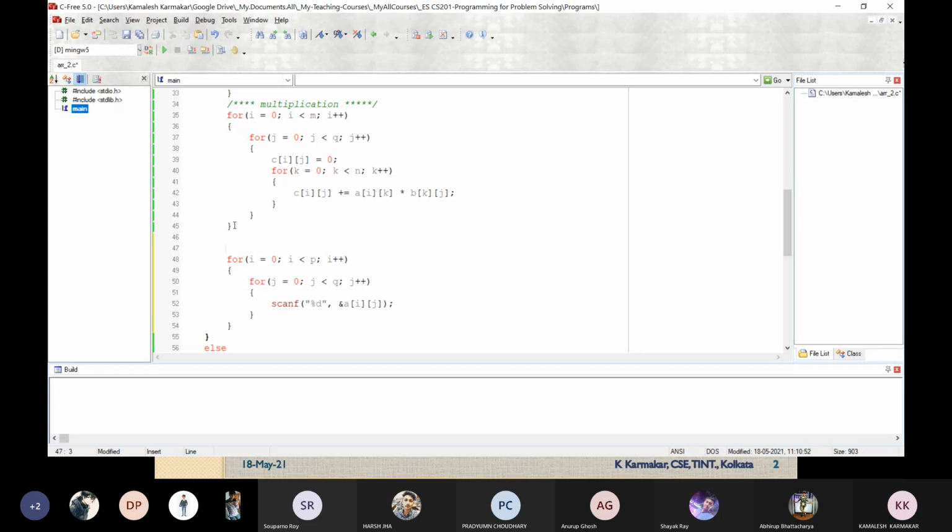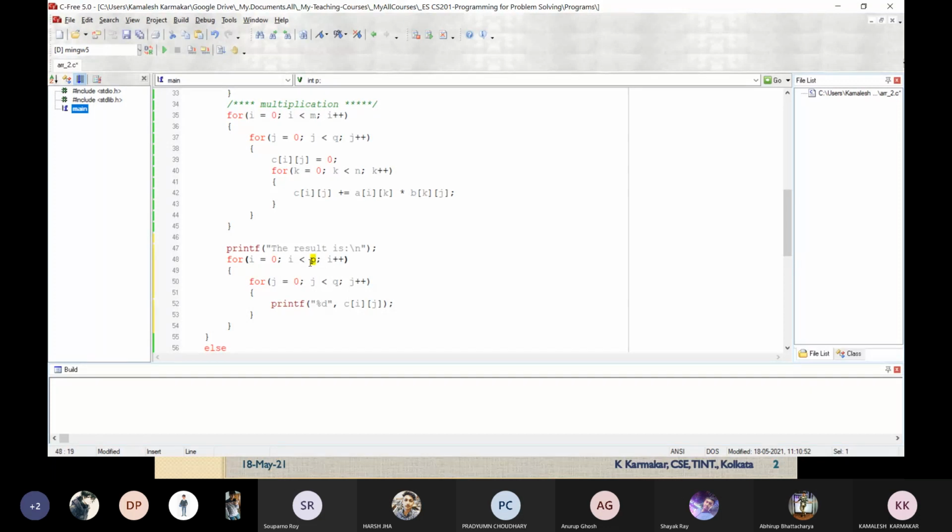We have to use printf, with a new line, "the result is". So printf, I will print the value of C matrix. What will be the dimension of this?